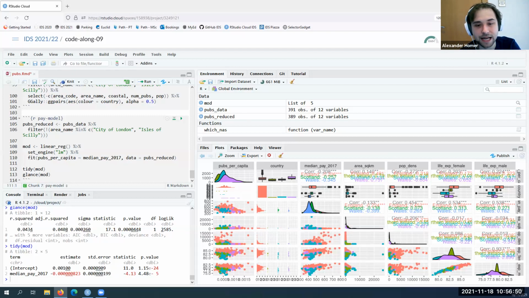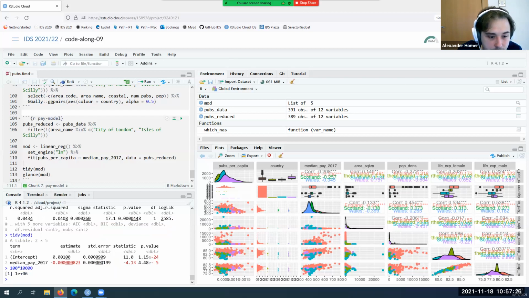So I think what we want to do is say, let's say pubs per 10,000 people. So you'll notice we do that with like COVID rates, right? They don't tend to be presented as number of cases per person, they're cases per 10,000 people. So let's say we want pubs per 10,000 or pubs per 100,000, or I forget which one is used. But let's say we do want pubs per 10,000 people. And also let's say as pay increases by £100. So that means we're going to want to multiply that number by 100 times 10,000, which is 1 million. So that would be that as we can interpret this then as the pay increases by so